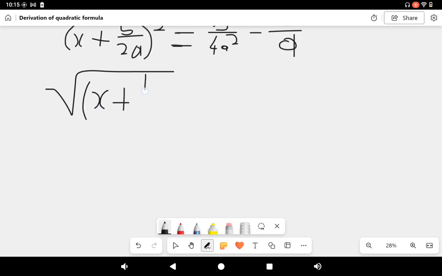So I square root this whole bracket, 2a, then squared, then equals to